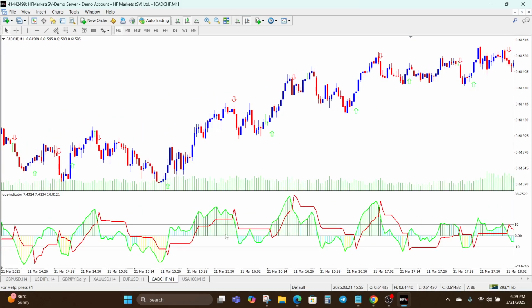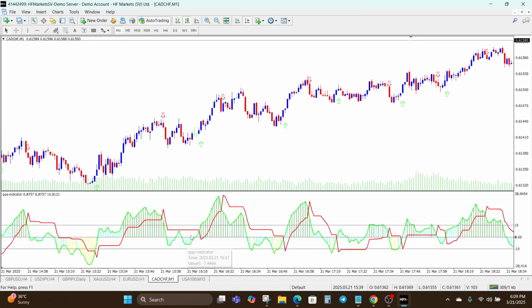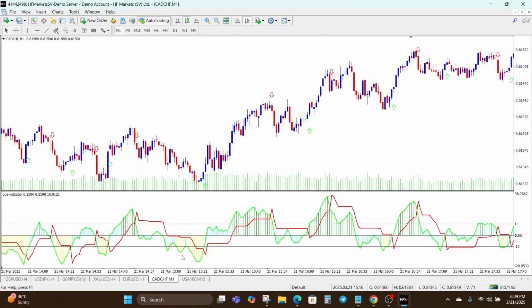Whenever you have the green line climb above the red line below the -10 zone, or at least both of them climb above the -10 zone, then that is a buy